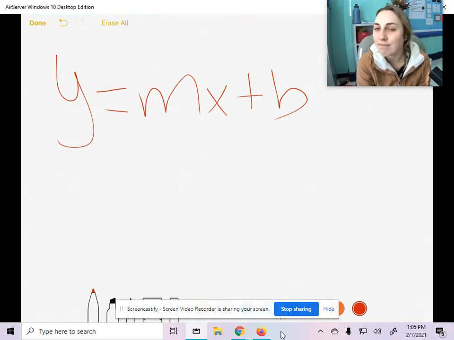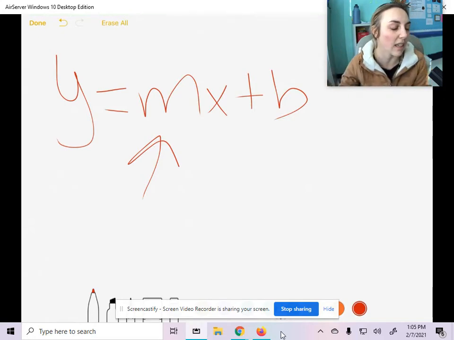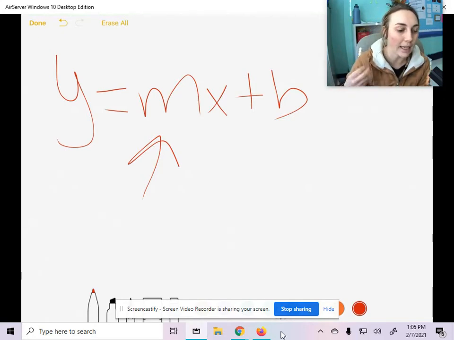So guys, what you're looking for here is certain keywords that are going to help you out with the word problems. You need to be able to identify what is the slope of this word problem, and what is the y-intercept of this word problem. I'm going to help you out real quick. When you're looking for the slope, that is going to be your rate of change, okay? That is how much something is going to cost per something, how many miles per hour, while the y-intercept